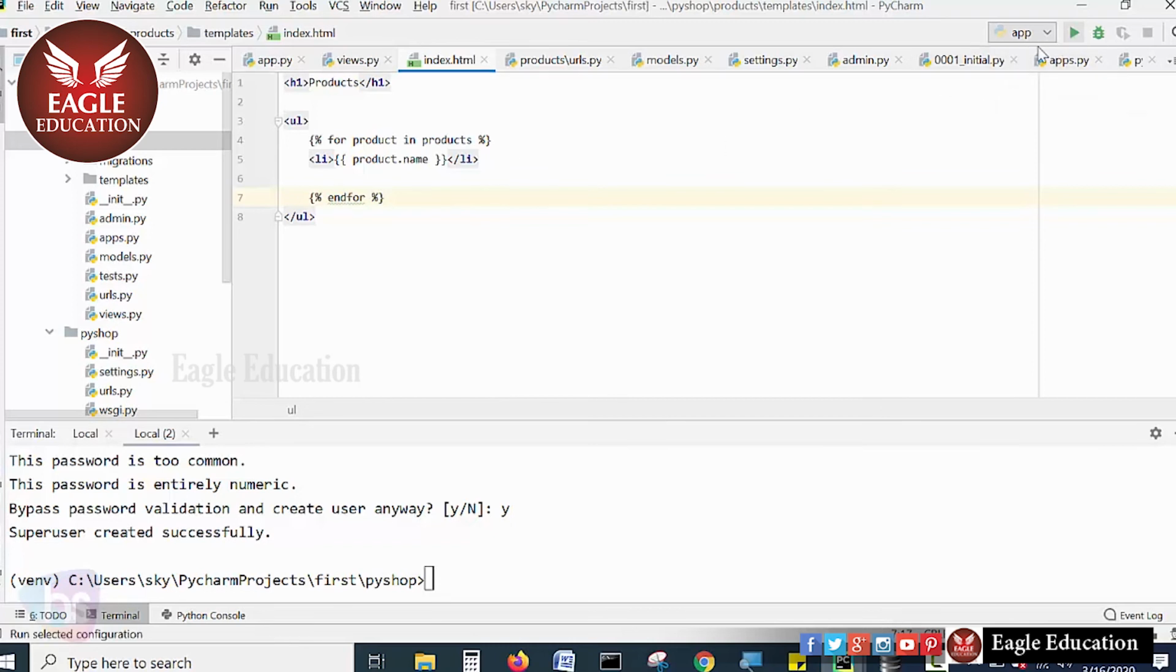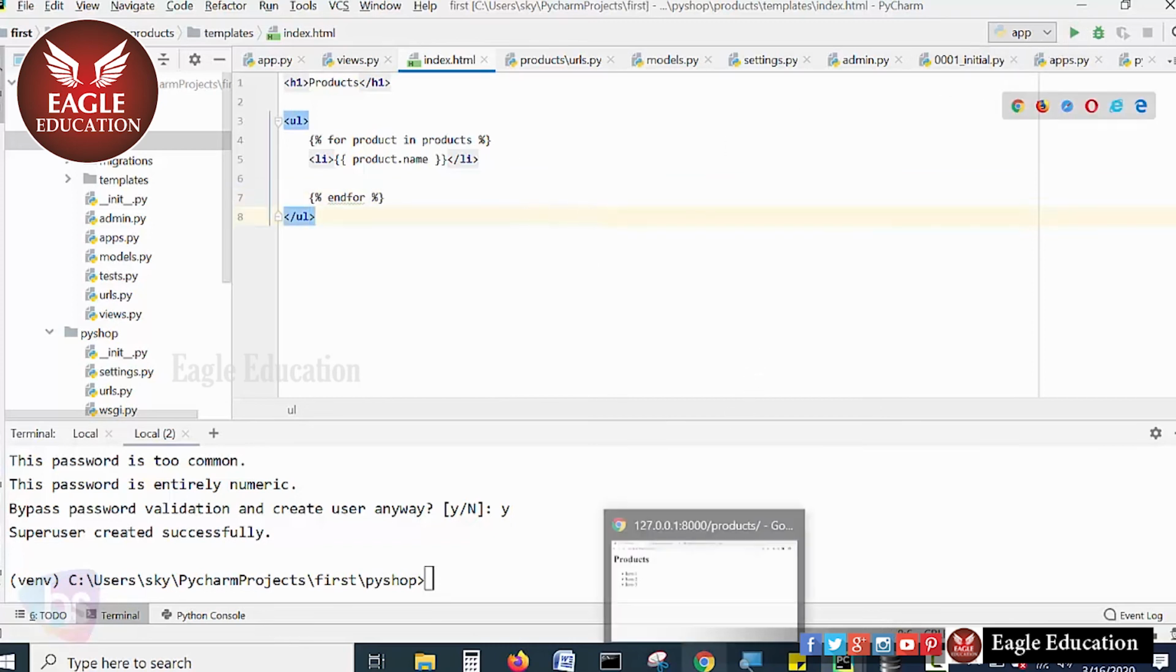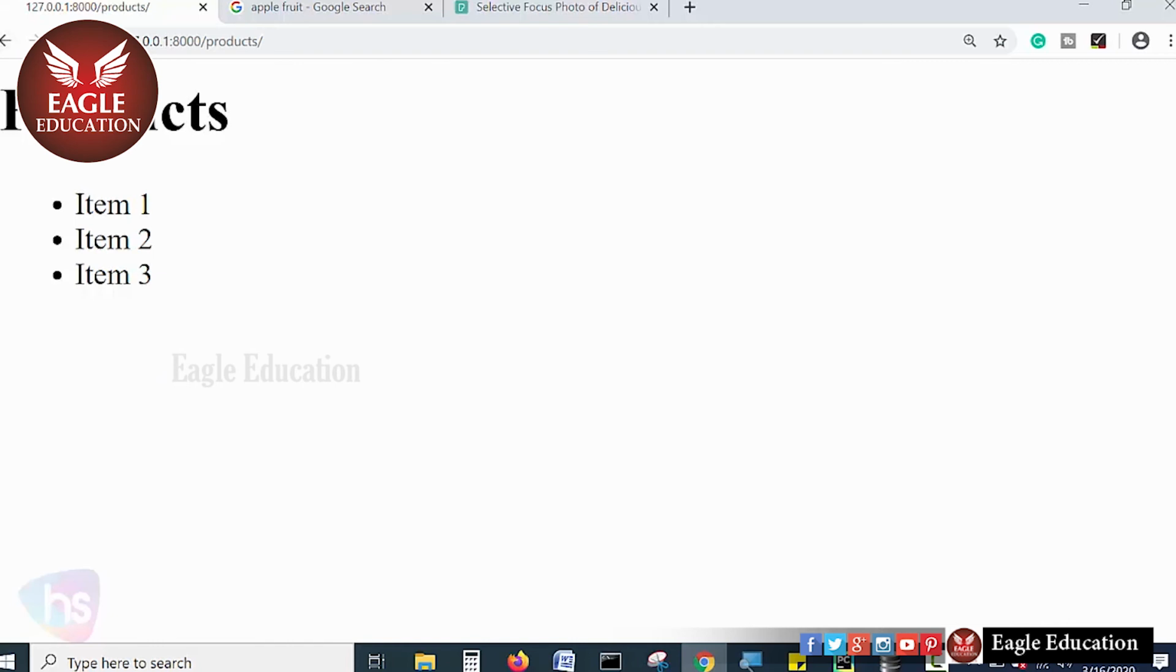Yes, it's almost in running status. Just refresh the page. Oh, beauty! Orange and apple. It's coming from the database. Have you observed this? These two products I have added in the database table using the admin panel, and it's coming here. Alright, if you want to show the price beside the name on this HTML page, just simply